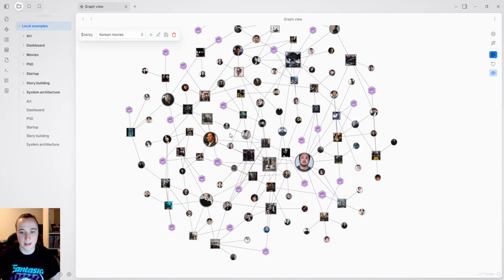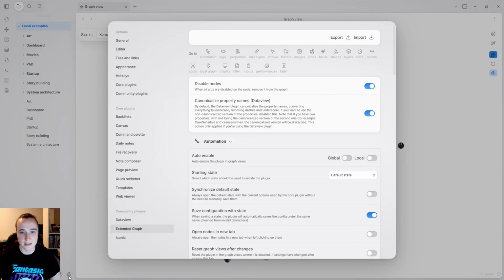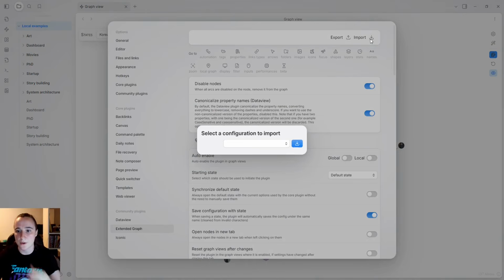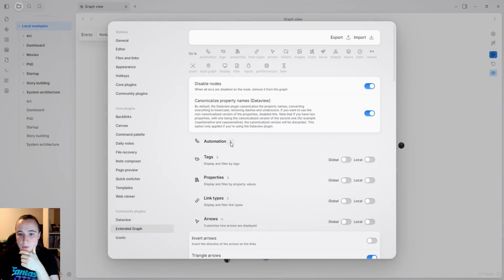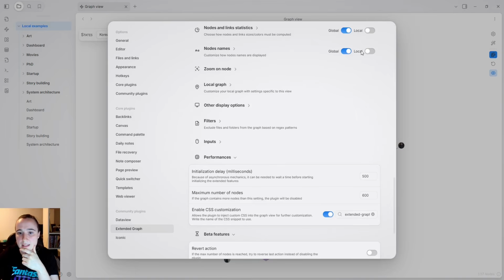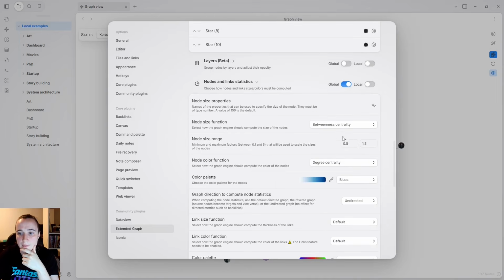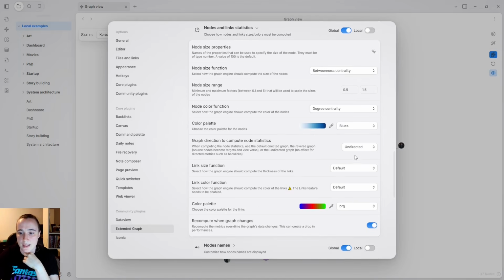So I'm using statistics metrics. So let's import the Korean movies. Let's switch to stats. And here the betweenness centrality is the one I'm using right now. You can use other centrality. You can use based on the number of links, a number of backlinks, and you can also decide to use